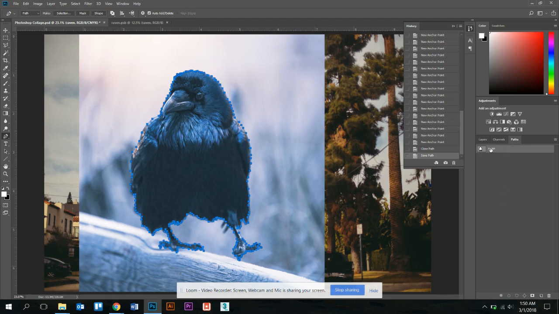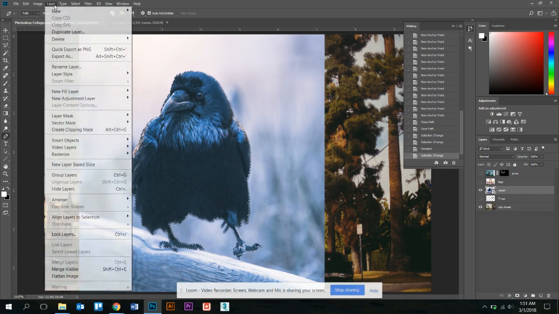Now I'm going to Control click on the little thumbnail. Now it is a selection. Go back to my layers. Again, I Control click, deselect, Control click. Now my path is a selection. Go back to my layers, my Raven layer. I'm going to do a new layer mask based off that selection. Layer, layer mask,